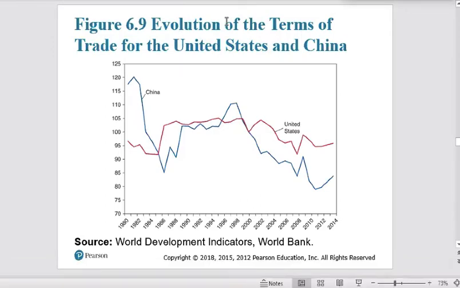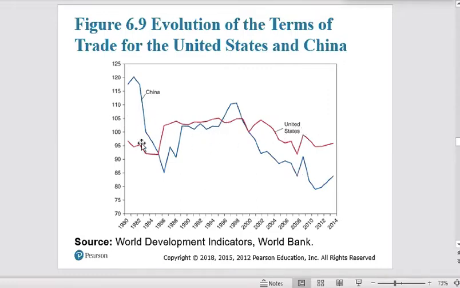And then you will see the terms of trade, how it changes for themselves and for the rest of the world. Here we have the example that we are looking at, China's terms of trade over the last few decades. It's actually decreasing, deteriorating. The terms of trade for China is actually lower, but for the US, it's more or less stable,